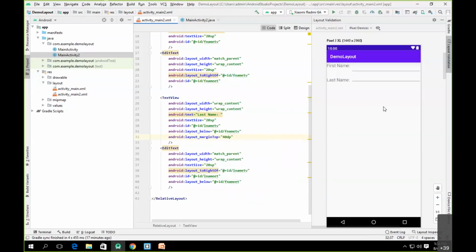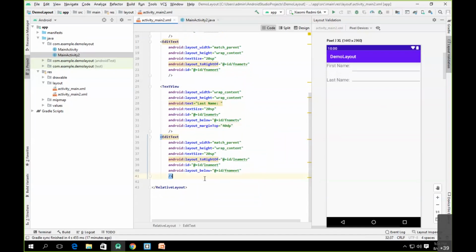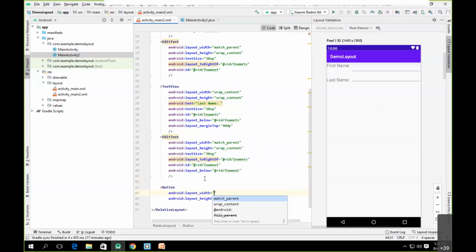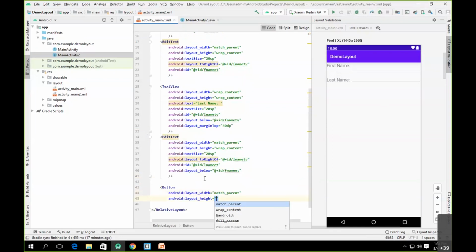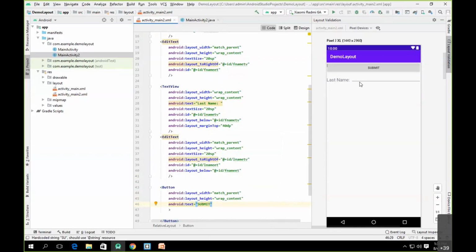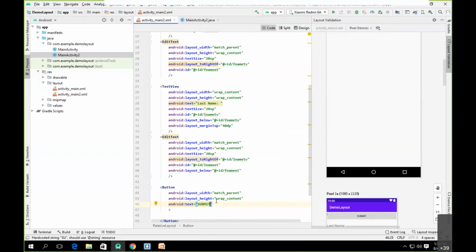Now it will create such kind of user interface, and below the entire thing, we have to create one button. So button width will be match parent, height will be wrap content, and what does the button say? The button says only one text, and that is nothing but submit. Now this button should be below our edit text.